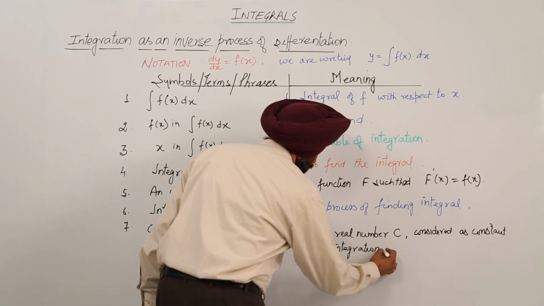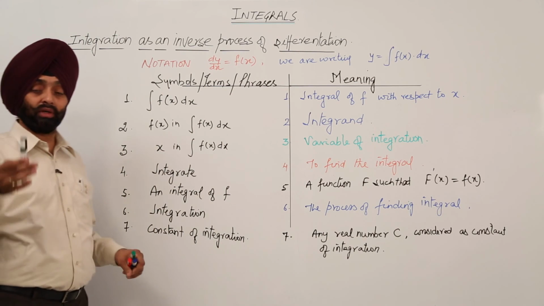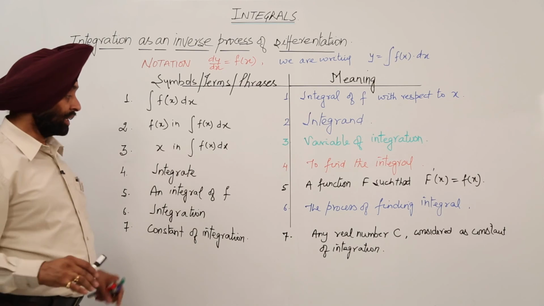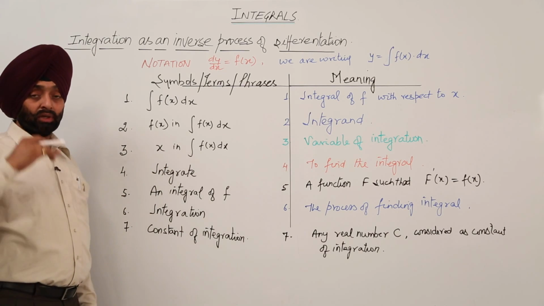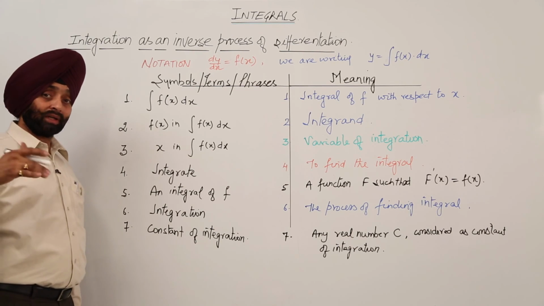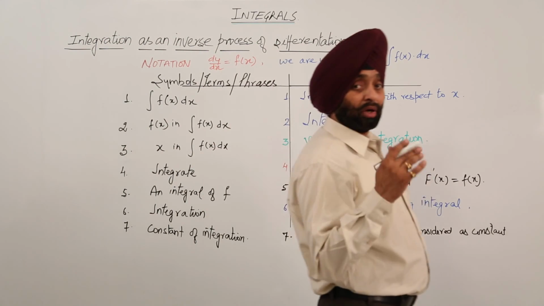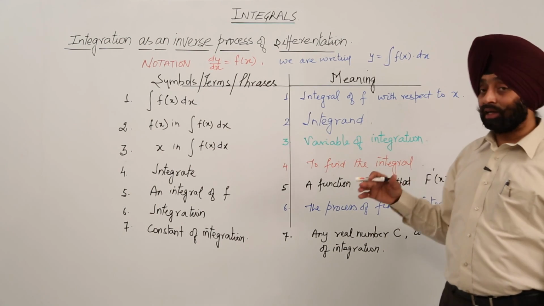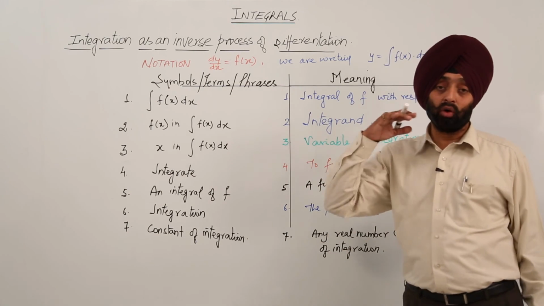Now why am I not writing in detail? Because I have already given you a definition for capital C. I have explained what C is. So these are the terms which are very helpful and necessary. Anyone can ask you. Normally when you are solving the question, you are not writing all these things. But you should know exactly what the meaning of these terms, phrases and symbols are.